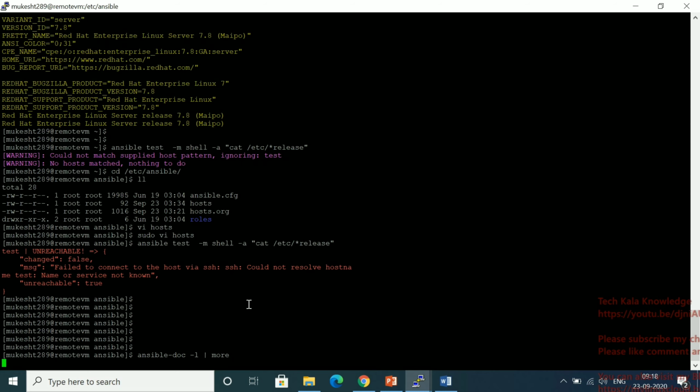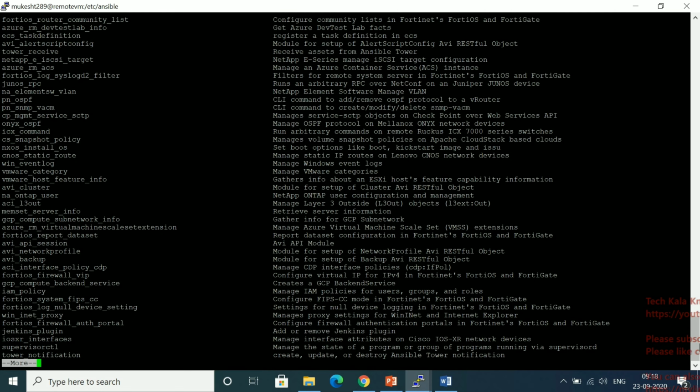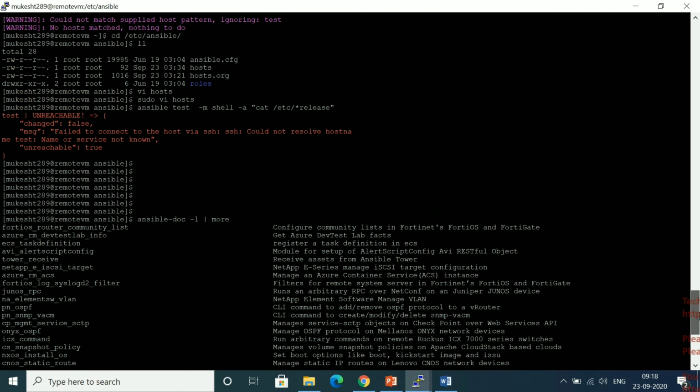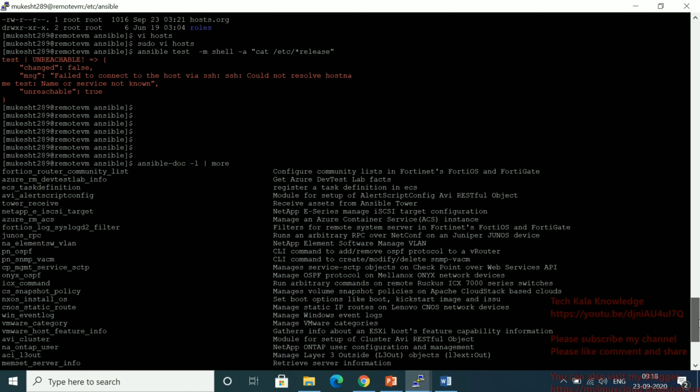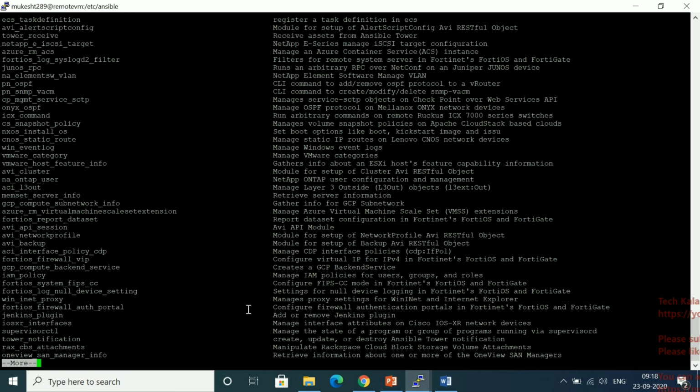So I fired this command. It will take a moment because it's reading the file. It will load. Yeah, you can see it's loading. So these are all the modules you can see. Suppose I want to check the ping module.